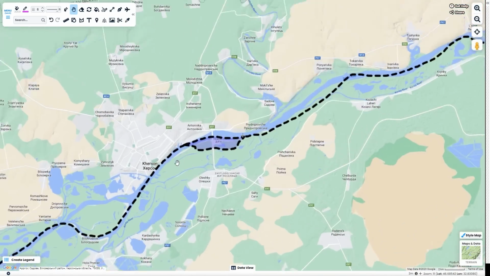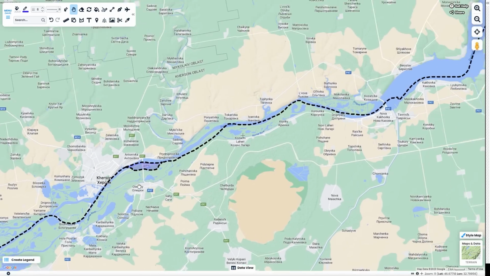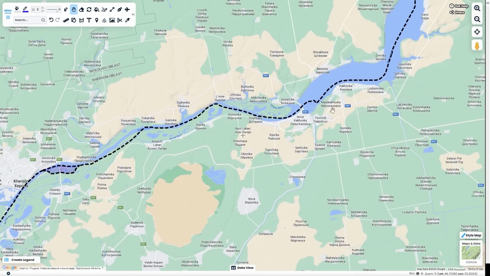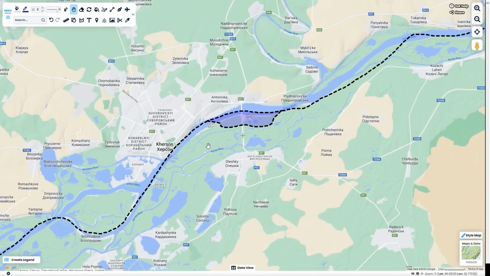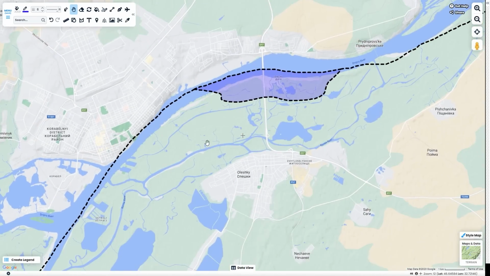The final area I want to talk about is Kherson. Kherson is interesting because the Russians blew, or the Novokhovka Dam failed somehow, which flooded the bridgehead that the Ukrainians had across here. Before the Russians blew the dam, the Ukrainians had positions all the way up to the Tonka